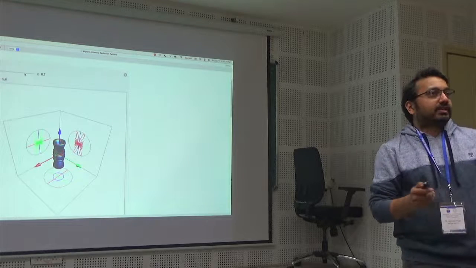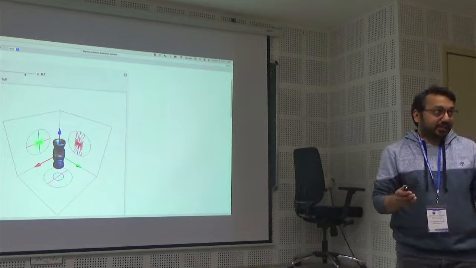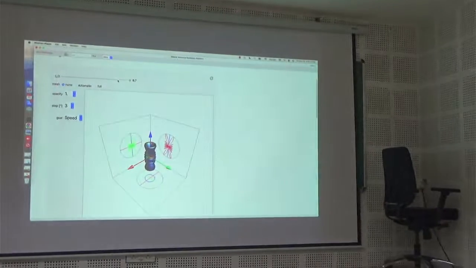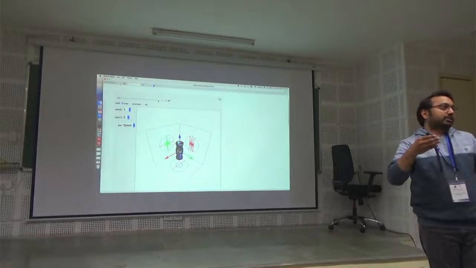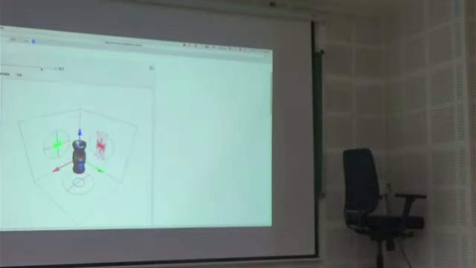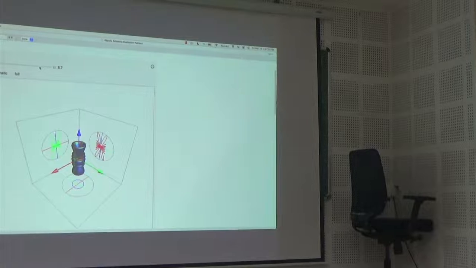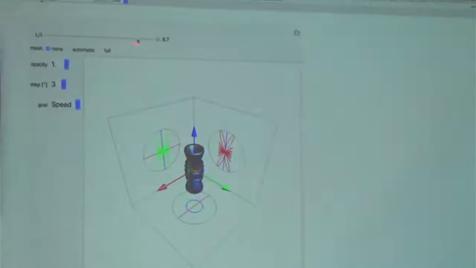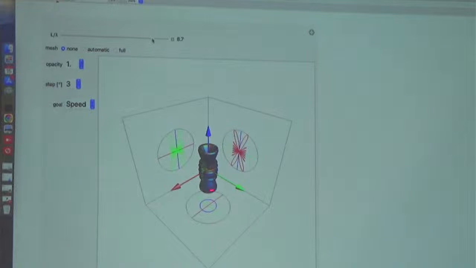Another point to note is that it's frequency dependent, right? You can imagine my L is constant, and I am just changing my lambda. So at 40 megahertz, your lambda is around 6 meters. At 200 megahertz, it's around 1.5. So just by changing lambda, you are varying this ratio. So in some way, this also